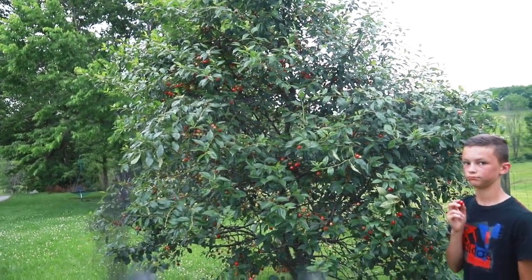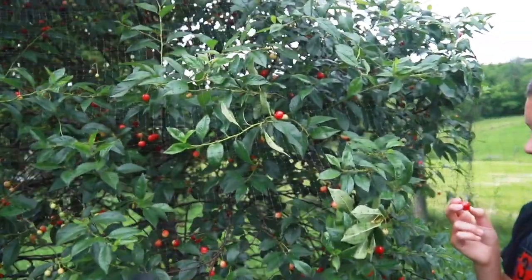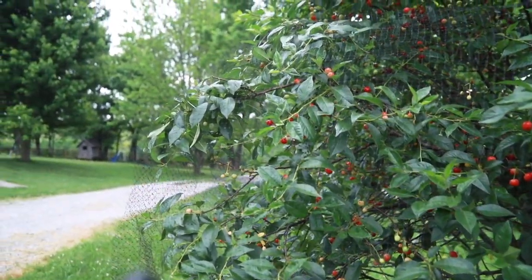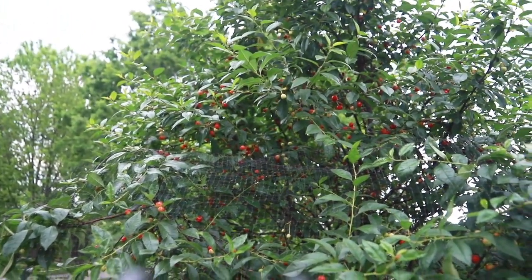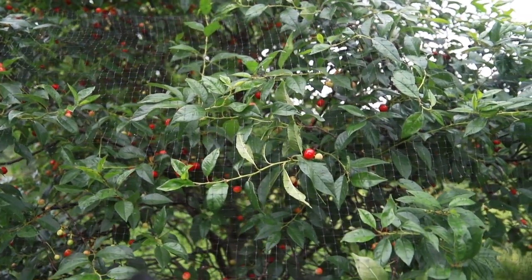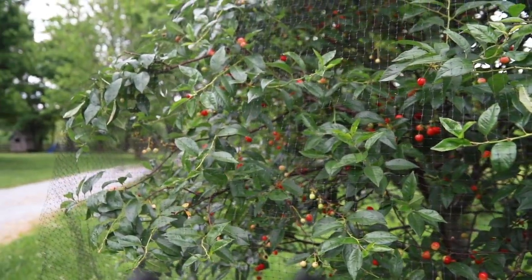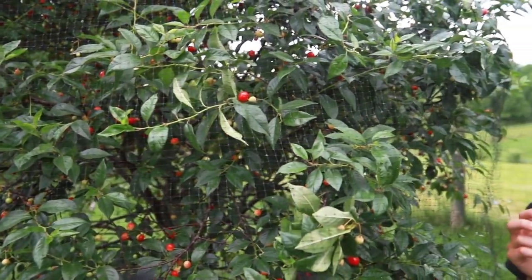And then this is my dwarf cherry tree. I am going to can these cherries. They're not like the ones you get at the grocery store that are big and super sweet. These are really, really tart and just extremely sour. But they're wonderful for canning and for freezing and having for pies and cobblers and that sort of thing. They take a lot of sugar if you want to sweeten them up, but they are delicious. And so I will probably be picking these in the next day or two. And we have them netted to keep the birds out,